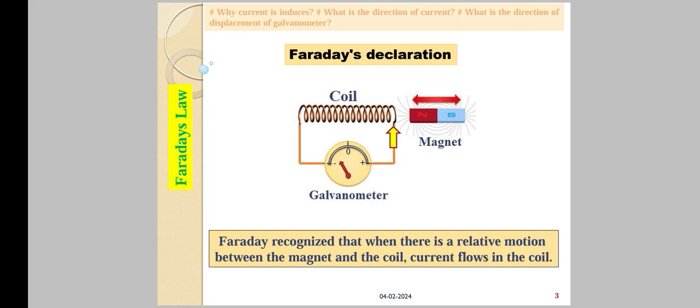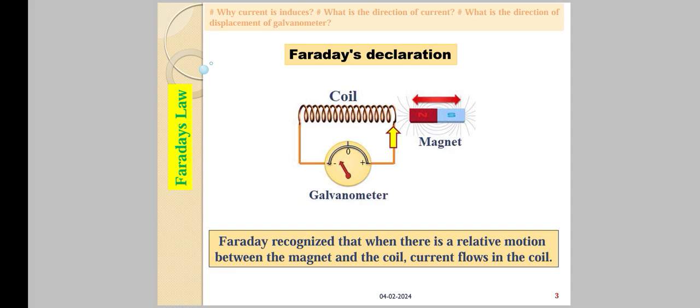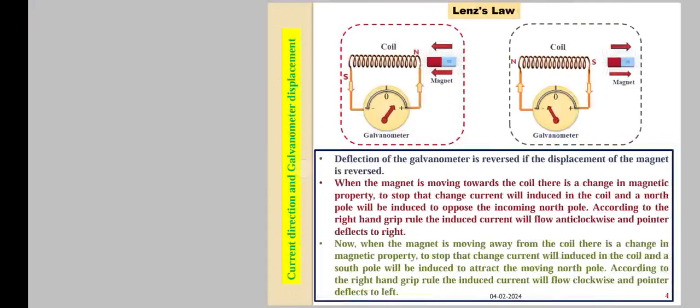So that's why I want to explain a little bit about Faraday's law. According to Faraday's laws of electromagnetic induction, if there is any relative motion between the magnet and the coil, EMF will be induced, and because of that EMF, there will be a current flow. Now, if we consider this circuit where both are stationary, meaning there is no relative motion, no EMF will be induced and no current will flow. Now, if we consider the next circuit